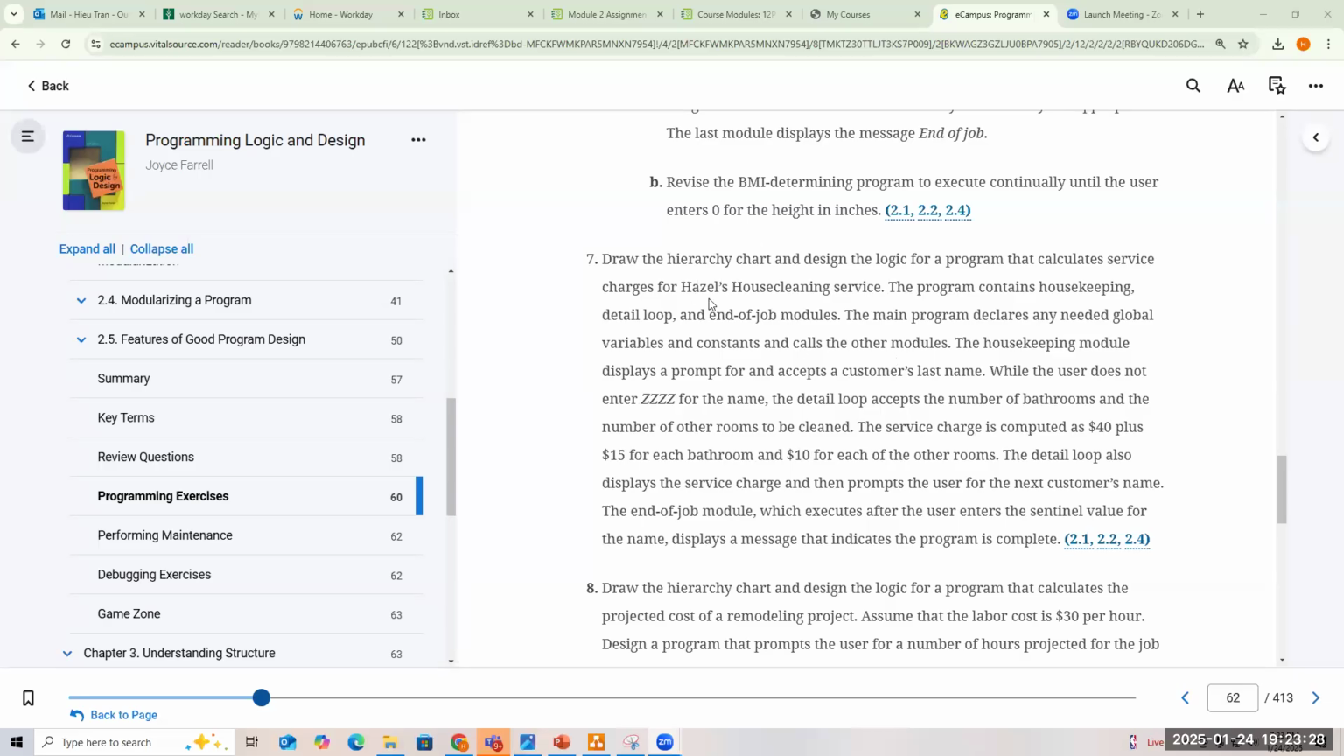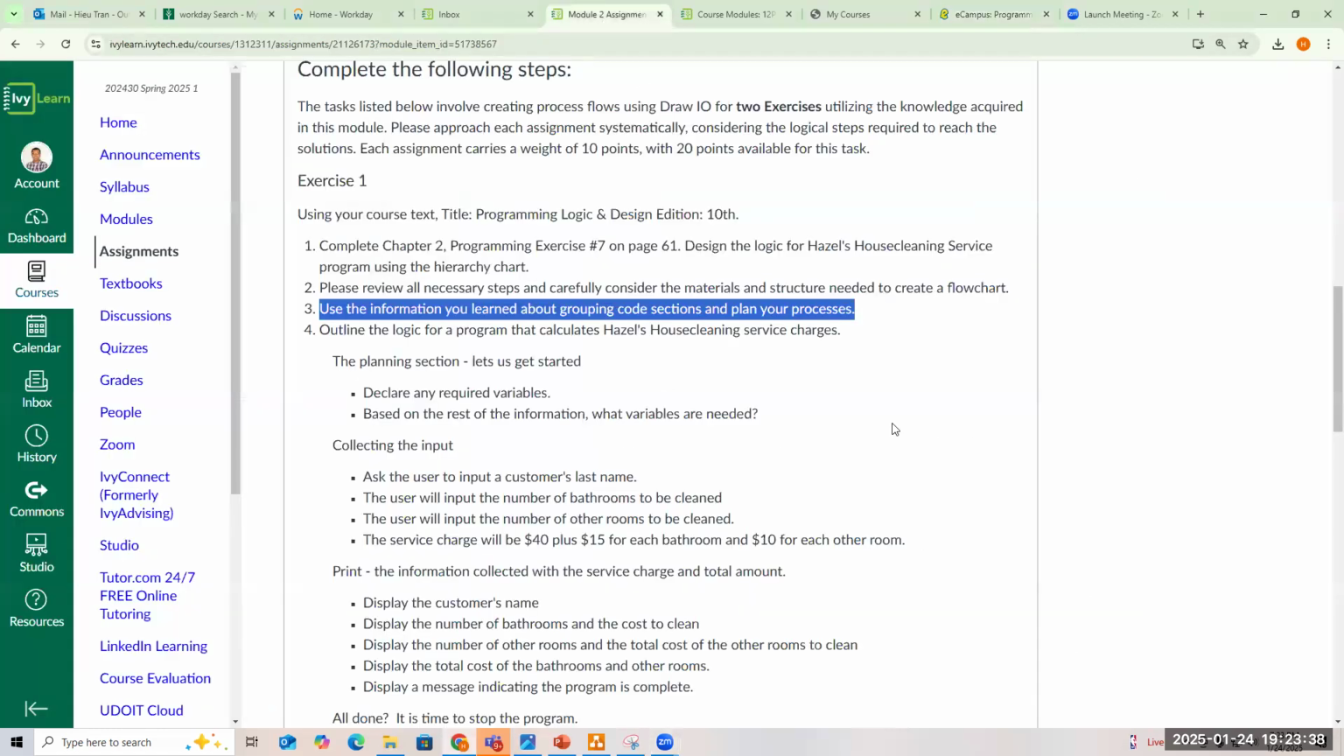Okay, so I make this recording to help you understand the assignment for module number 2, right? Because in the assignment, some of you raised a question about what you are supposed to do with this one. Do you have to work with a hierarchy chart, or do you have to work with a flow chart here? So here's my answer. Basically, for the assignment, you have to work with both